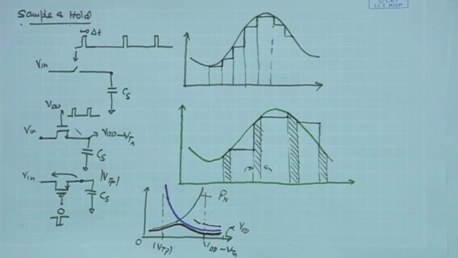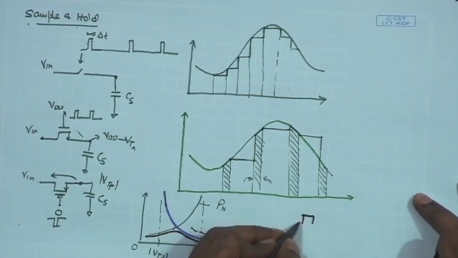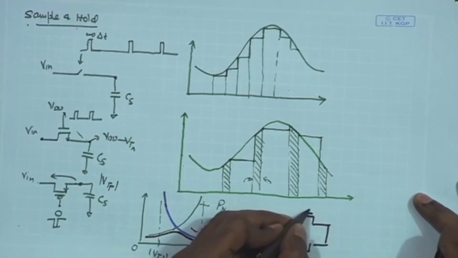Therefore, we have a combined switch which can be termed as a transmission gate, a combination of NMOS and PMOS,